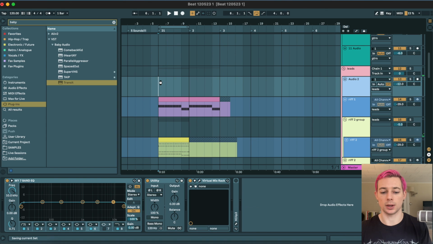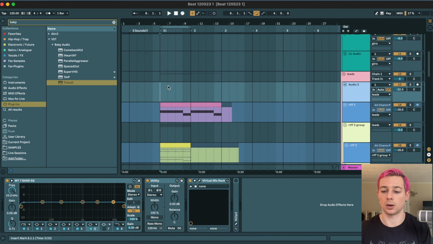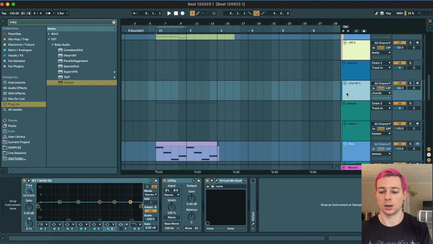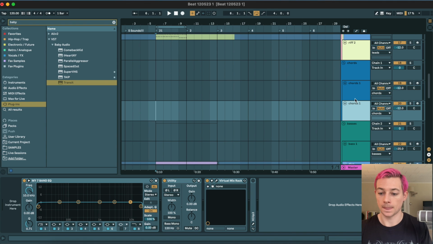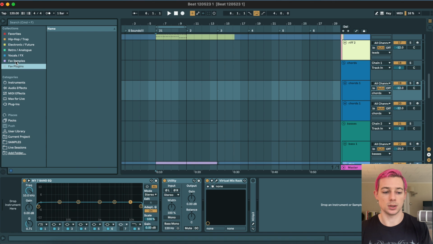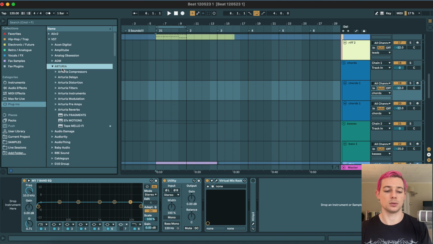So I want to create a nice loop, because I'm gonna pretty much use the same chords throughout the whole song, and then start with the bass, start with the chords, and then build from there. Speaking of chords, we have no chords, so let's get some chords. I'm gonna use Diva again. Should I use Diva? Yeah. No. Let's switch it up. Let's do